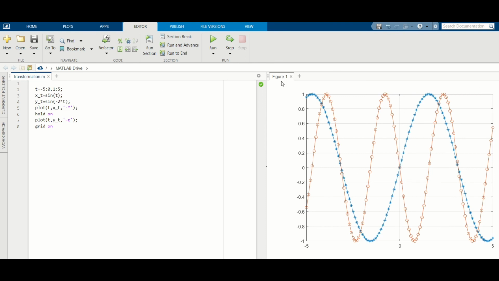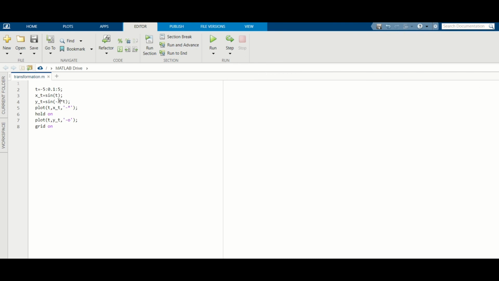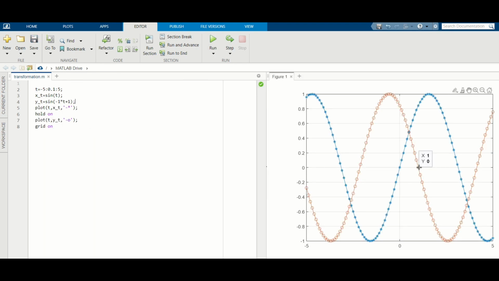Now let's combine some of these processes. I'll first take the time reversal and then shift the signal by 1 unit. Let's see what is happening here. This was your x equals 0, y equals 0 point, and now it is shifted by 1 unit, and the whole graph is also reversed along this axis. So you can do various combinations of these.